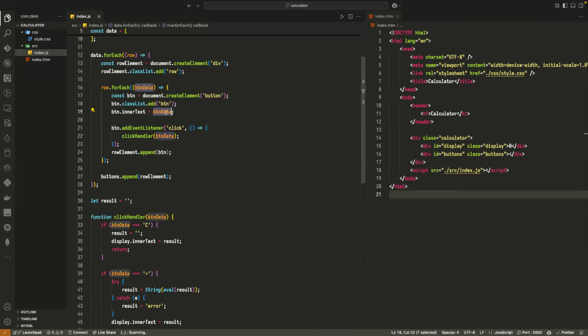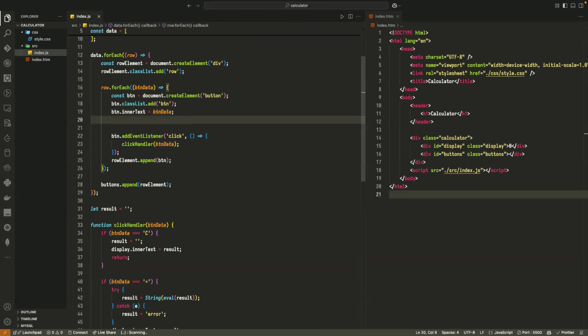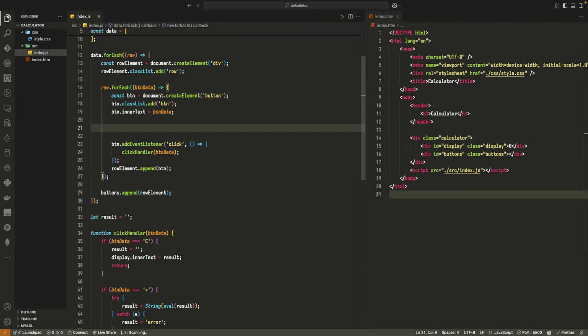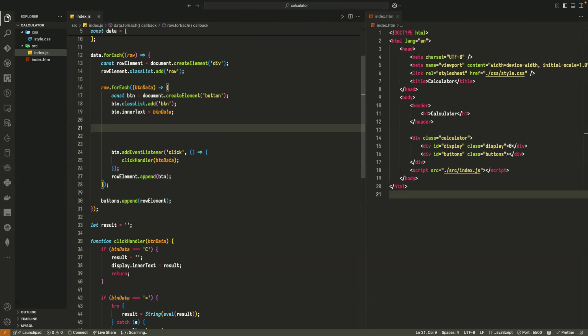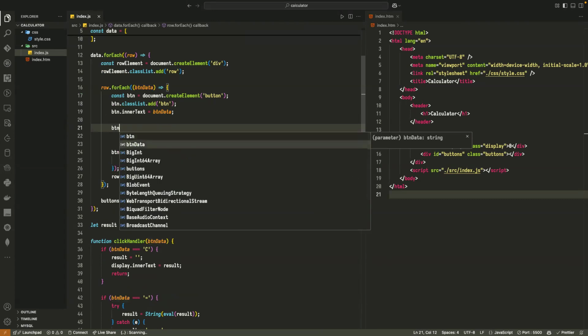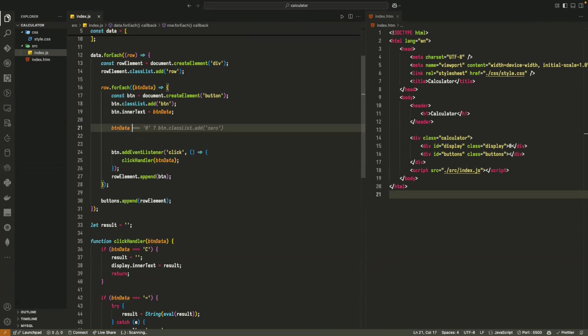Either 7, either 8, either 9. So what I can do here, I can just put some condition. Actually, I can use the ternary operator. It would be nice if I can use it. Let's try. To use the ternary operator, I can just say if button data, btn data, is equal to